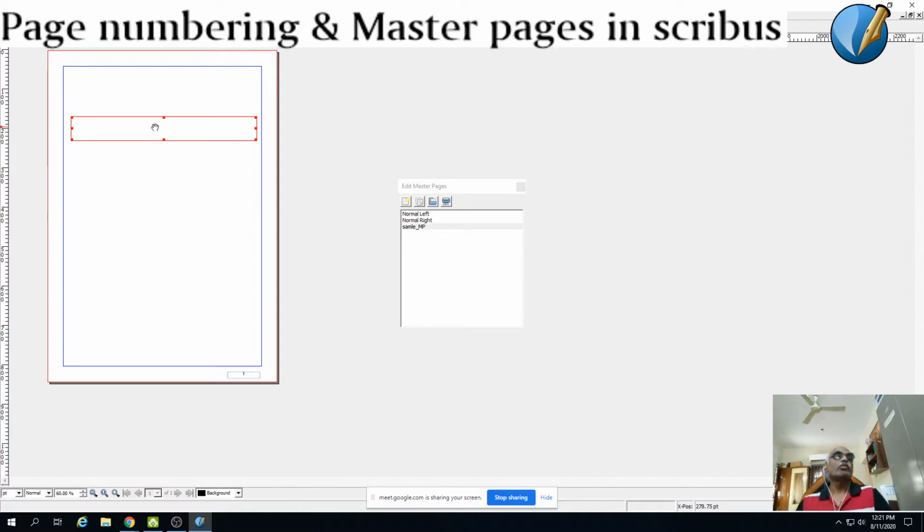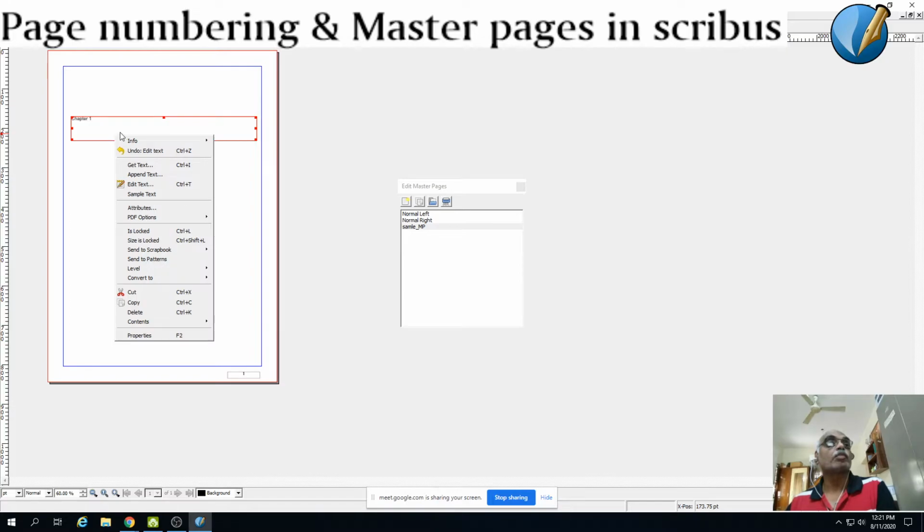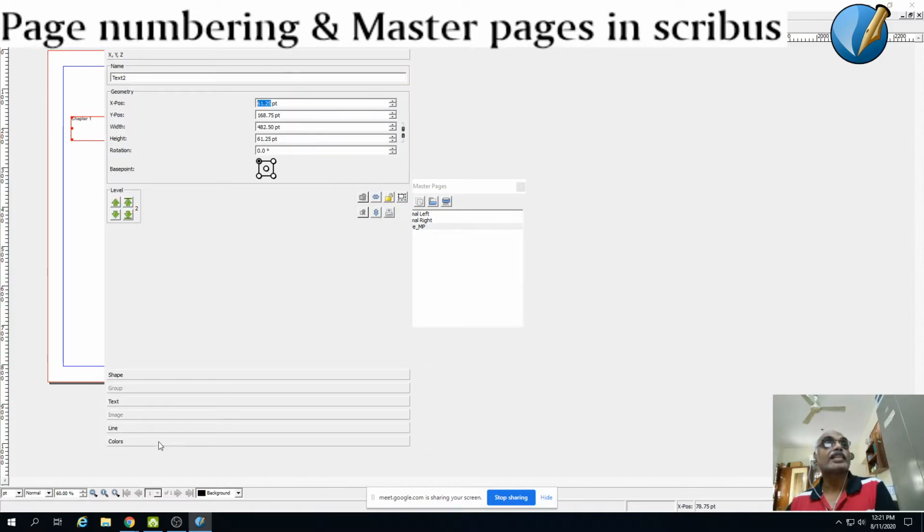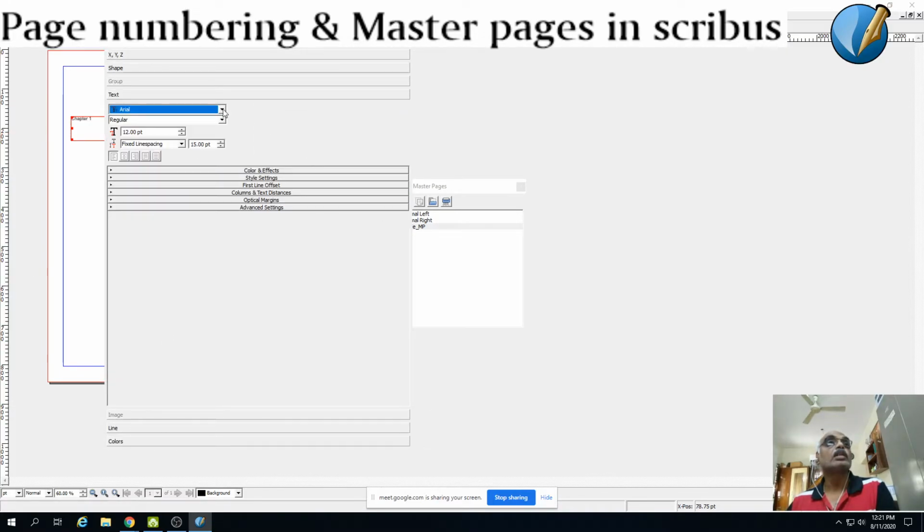So this is going to be the chapter title page, chapter 1. For this chapter, you can always again go back to the properties and assign your, say, Garamond or whatever you want.